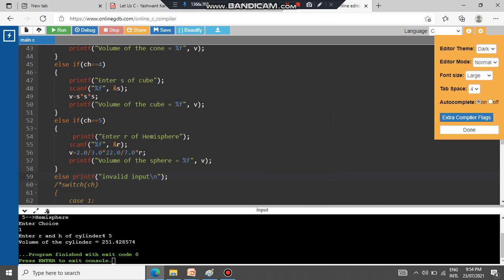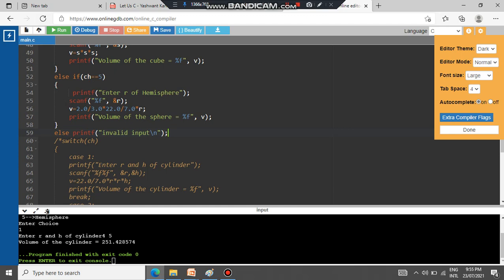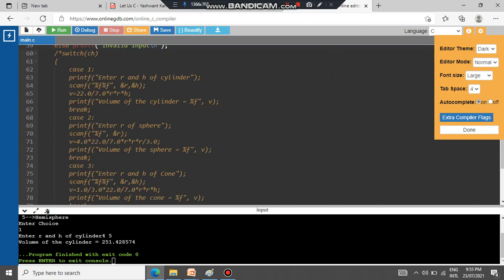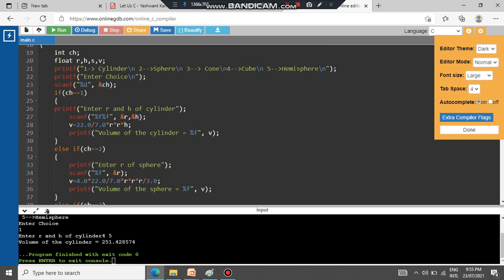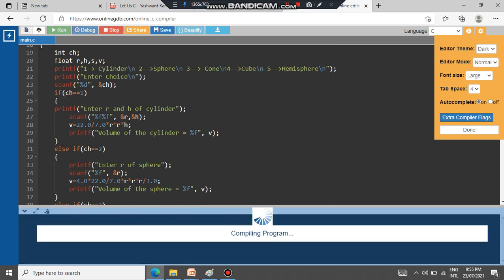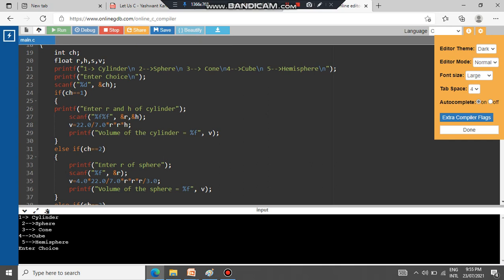Now if you run this, whatever we have written inside the switch goes straight away, whereas here with if else, this many number of if else has to be written, and then we'll run it. If we enter the choice as, let us say, 7, in that case it will be invalid choice. If I execute once again and take it as 4, it will be a cube, and it will ask you the side of the cube. Side of the cube is equal to 5. The answer will be 125.